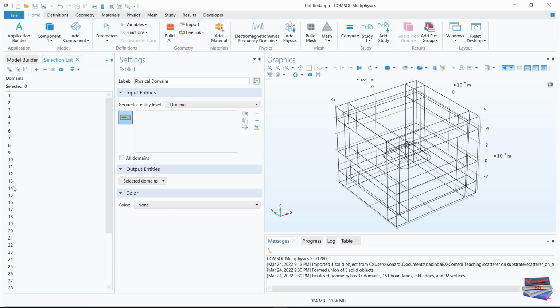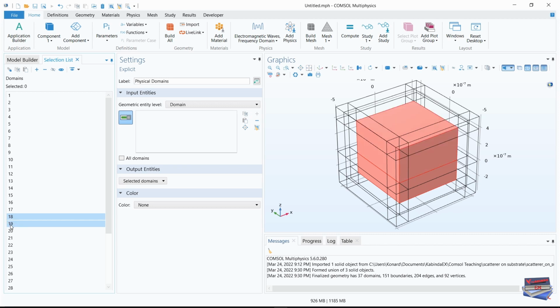Okay, so we need 18, we need 19, and we need 25, and then click this plus sign, we say add to selection, and here we select our first physical domain. Okay, so you can now go back to your model builder,